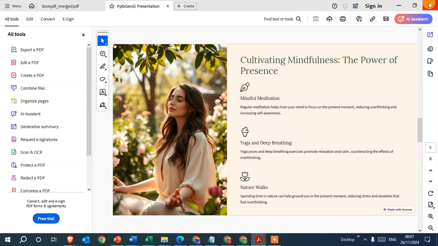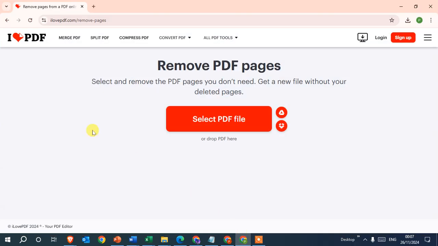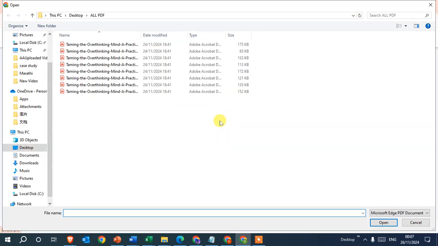So I just close this now and I go to a website. Okay, it's totally free to use. So the website URL is ilovepdf.com/remove-pages. You can use this link, and after that just click on the select PDF option. Okay, and here I go to the desktop